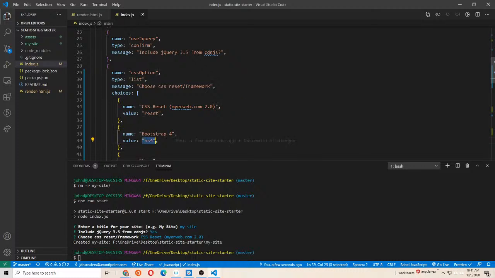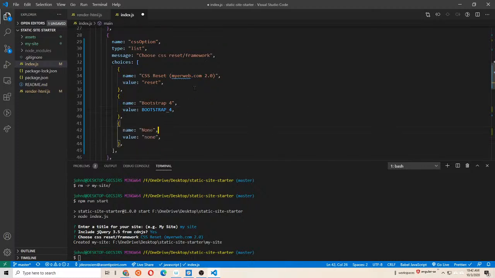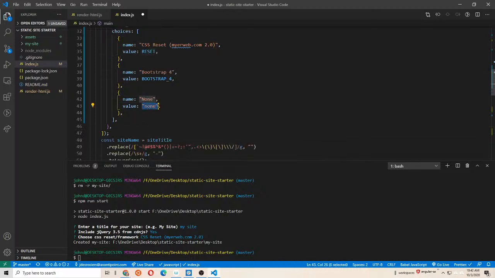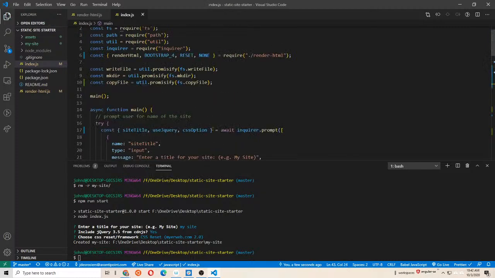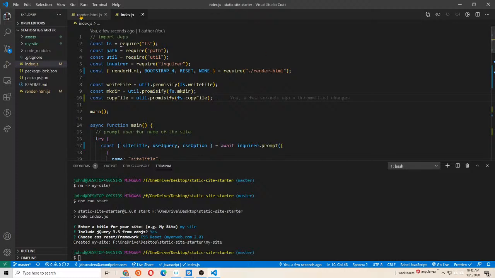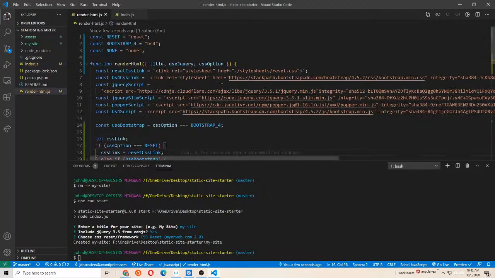So instead of that, I can say bootstrap 4, and I can use reset here, and I can use none here. There we go. No risk of typos, more scalable going forward. Now I have one place to control